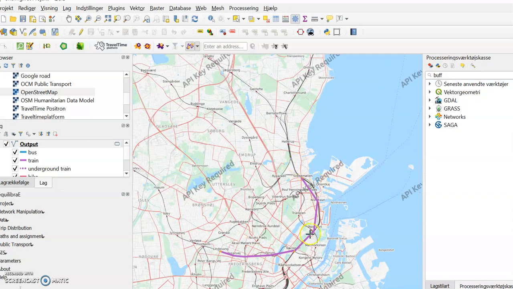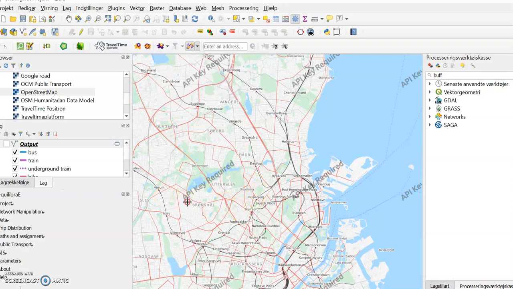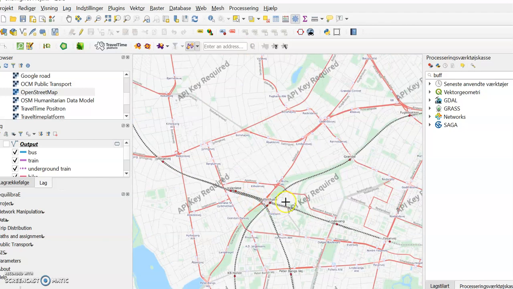Okay, so this was one thing we could use the software for, or the tool for. Another thing is that we can use something called QuickTime Map. When I open this, I can again choose public transport, walking, cycling, and driving. I'm interested in public transport. And let's say that I'm interested in